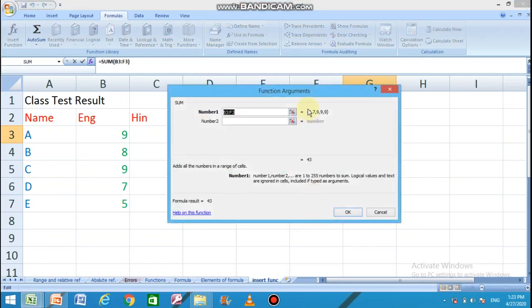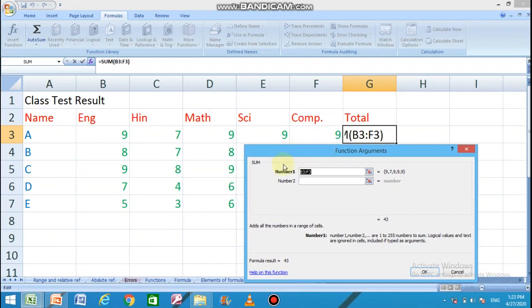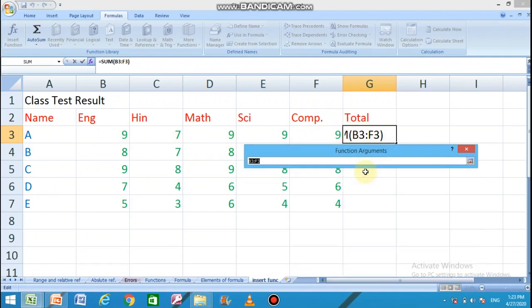After that, another dialog box will appear, function arguments. This dialog box is asking you the values which you want to add. Click here and then select all the values which you want to use in the calculation. Now again click on the argument button.